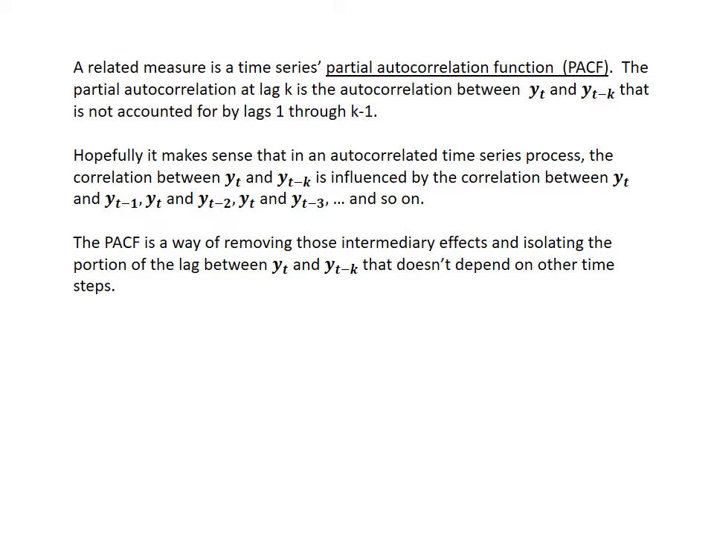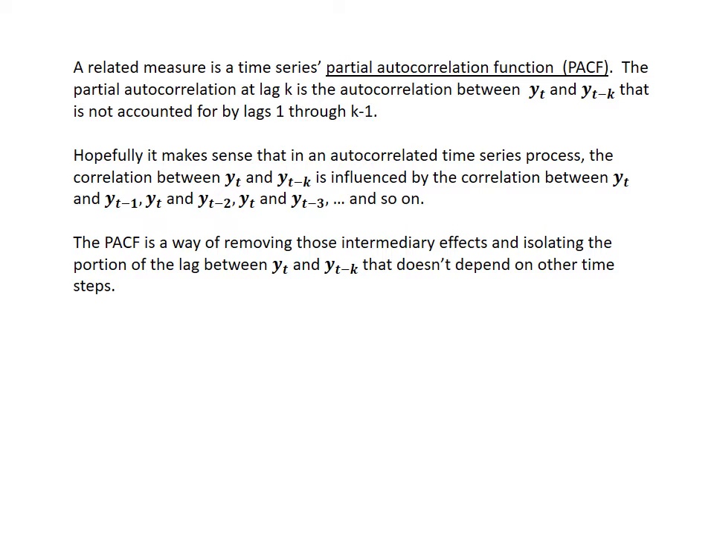So a related measure to the autocorrelation function is the time series partial autocorrelation function. The partial autocorrelation at any given lag or time shift k is the autocorrelation between the original time series yt and the shifted time series yt minus k that is not accounted for by lags 1 through k minus 1. And I know that's sort of a tricky thing to wrap your head around, but